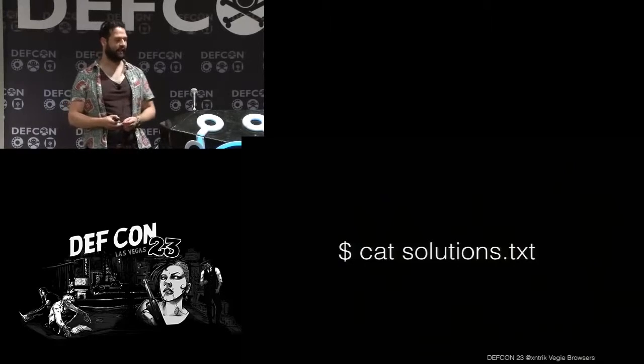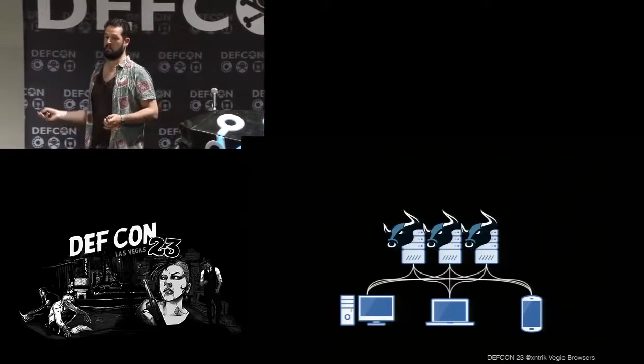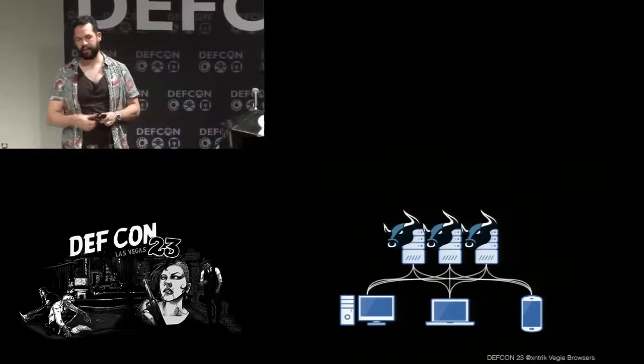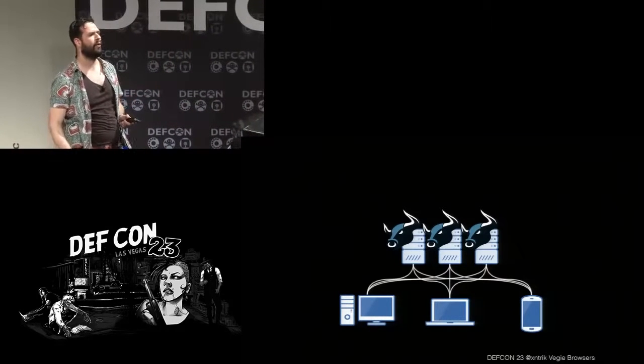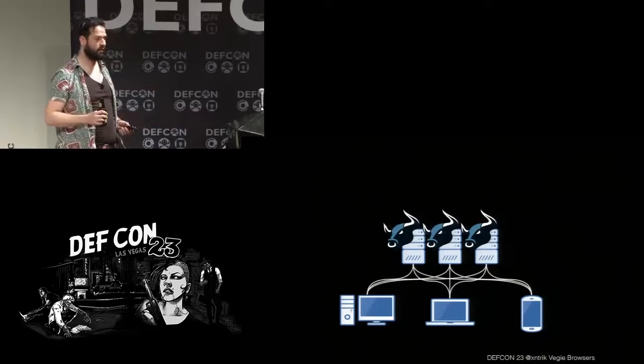Now, there's a couple of ways that you can kind of get around this. You could set up multiple BeEF servers. So that could help you obfuscate, I guess, where communications are going to. You could achieve this by having multiple interfaces on a single server. Or